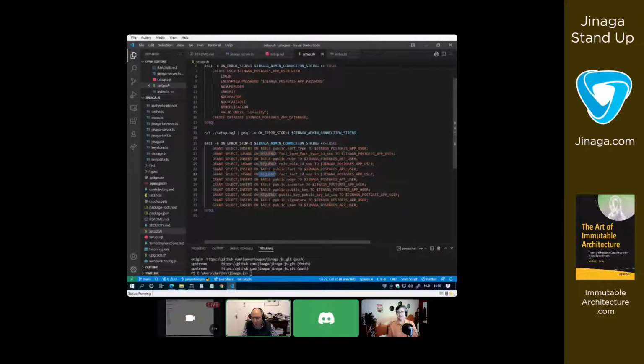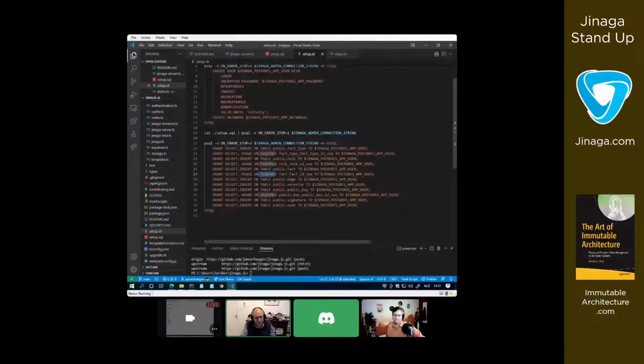Yeah. And these sequences, that's new in version 3 of Jinaga, or not? That's right. These are new because the version 2 database was designed without any auto-incrementing IDs. So all of the foreign keys were based on a hash. Yeah. Okay, that's where I got bitten, because I thought it is not possible. The documentation I made from last time, the setup of the database, didn't mention it.